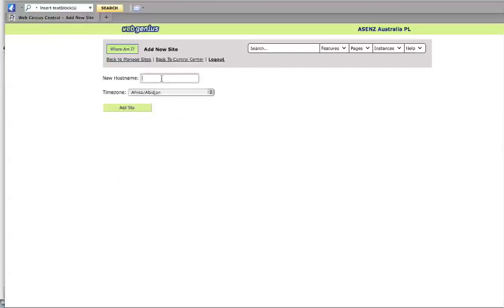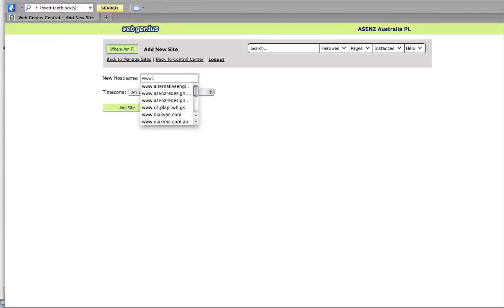We need to enter a host name. Now obviously you would have registered a new domain elsewhere, and you would have that. However, if you're in that process, or while you're building the site and want to set up just a test instance before you go live, the easiest option to do that is to type in www,